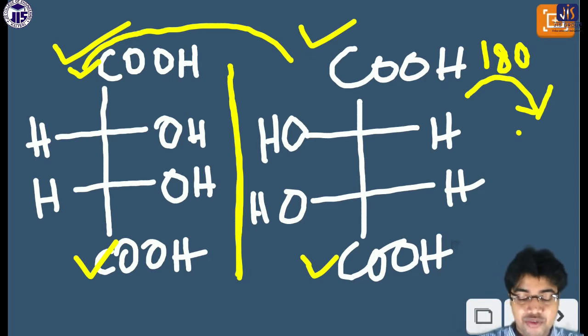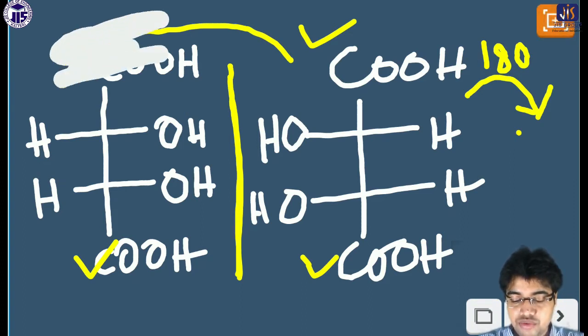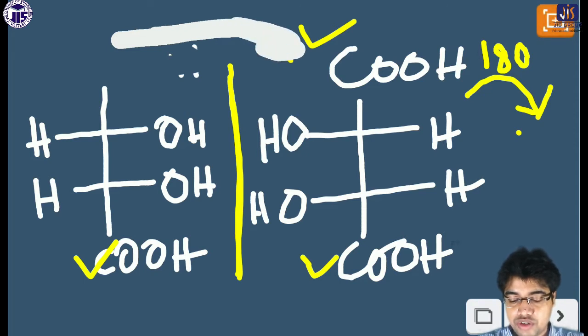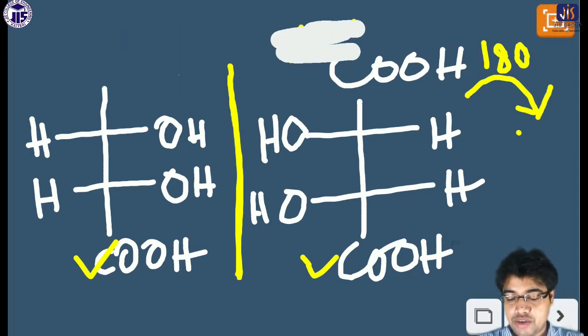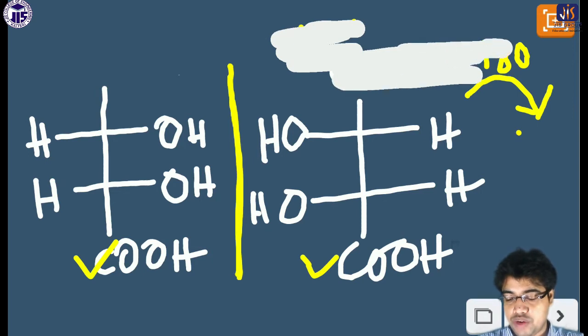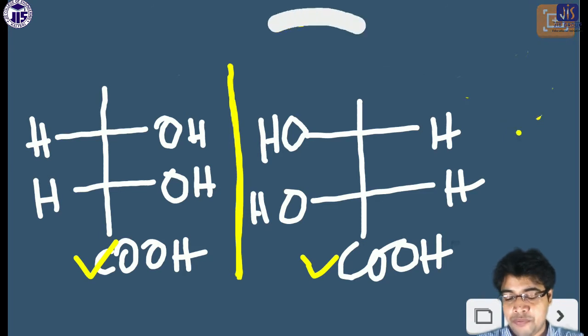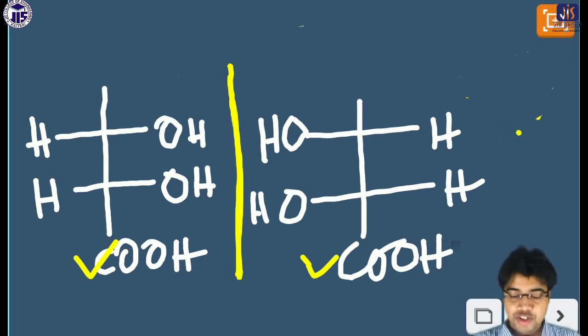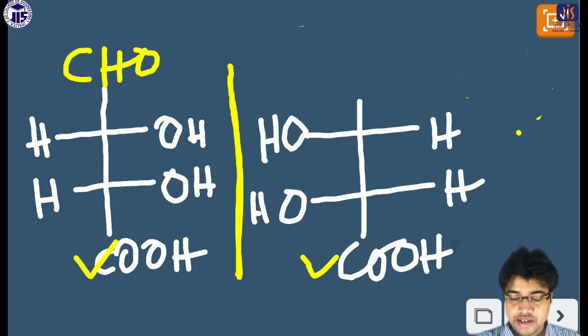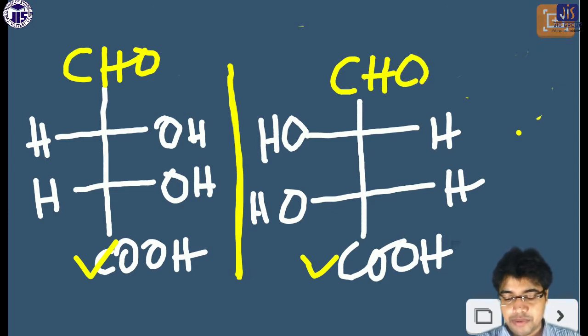But if I give you another example related to this, like if I supply you this example for consideration, then you have to tell me what the relationship is between these two compounds. Either they are homomer or enantiomer or like that. This is very interesting. If I give you the example of these two compounds, here it is CHO and here it is CHO, then tell me what is the relationship between the two compounds, either diastereomer, homomer, or enantiomer.